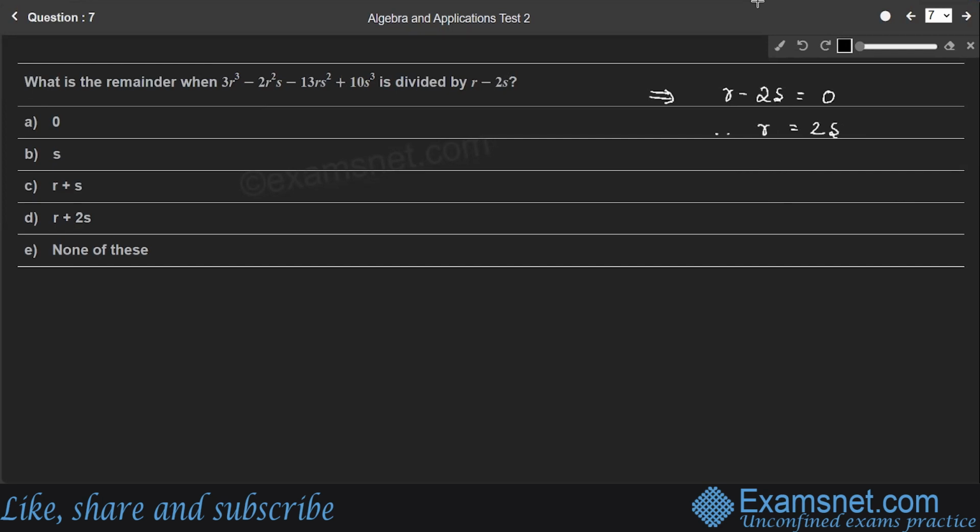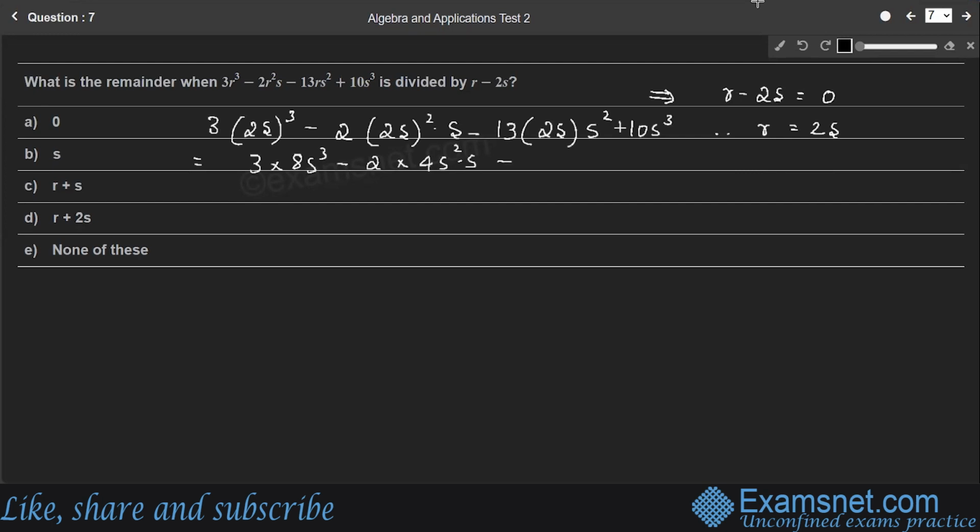Substitute the value: 3 into r cube, which is 2s the whole cube, minus 2r square, which is 2s the whole square, into s, minus 13 into r, which is 2s, into s square, plus 10s cube, is equal to 3 into 8s cube minus 2 into 4s square into s, which directly you can write as 4s cube, minus 26s cube plus 10s cube,